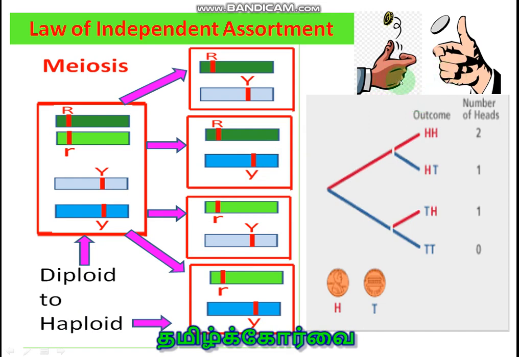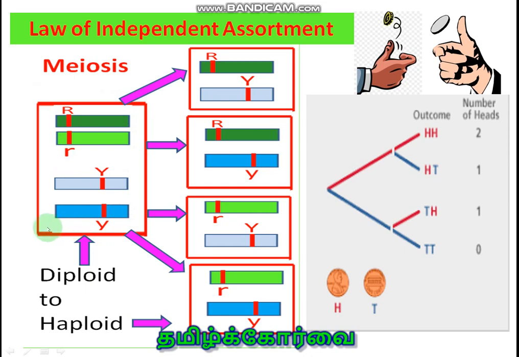Just go through this experiment. Tossing a pair of coins simultaneously, what are the possible outcomes? The first outcome is both coins may come with head, or first coin head, second coin tail, or first coin tail, second coin head, or both the coins may be tail. And in the same way, this is the